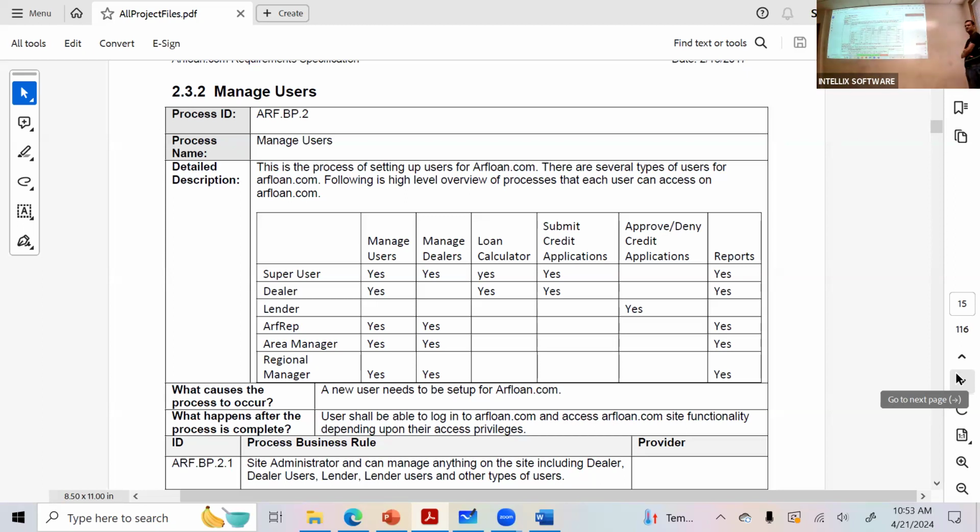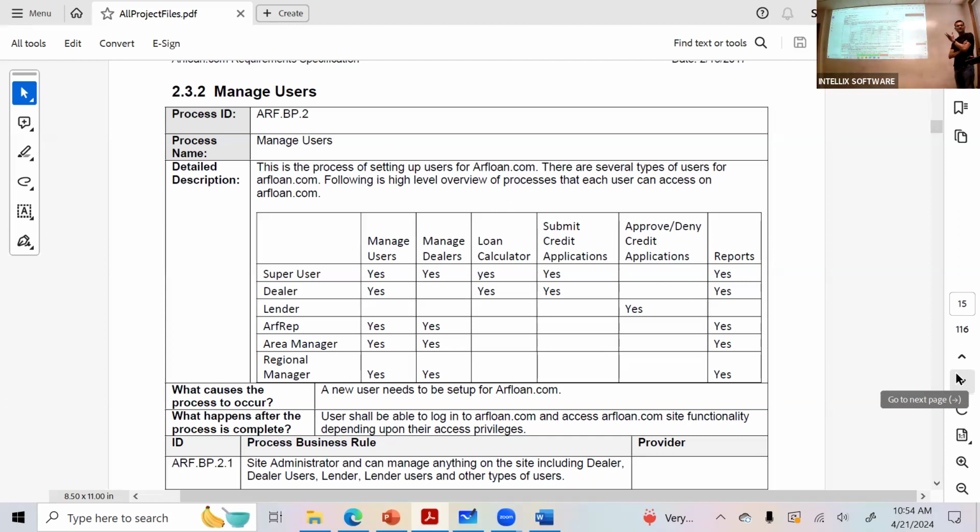I'll let you interpret and explain. What is manage users about?